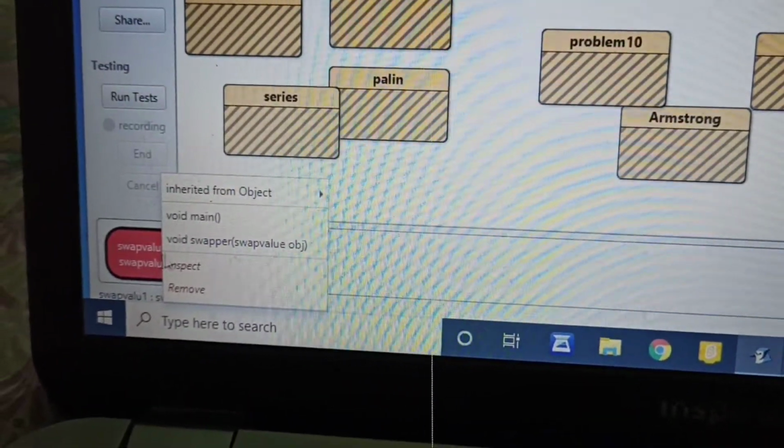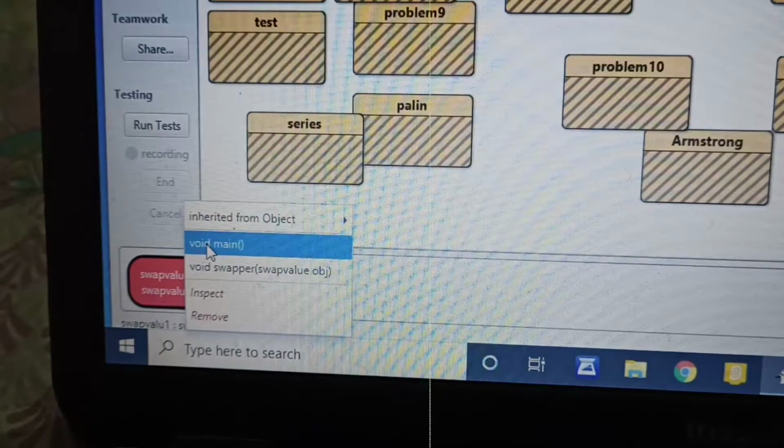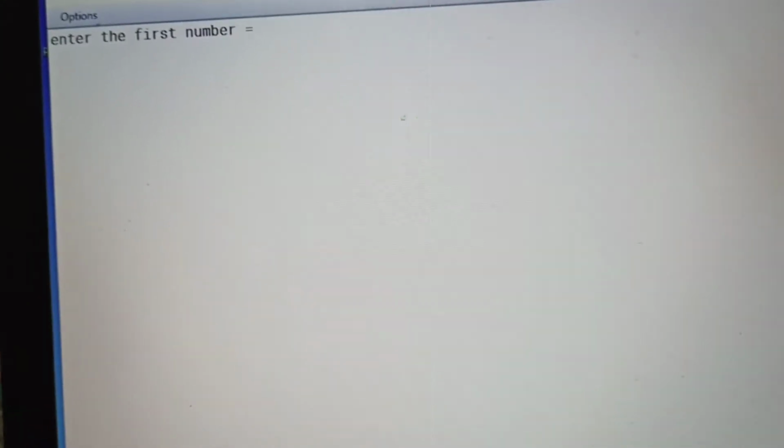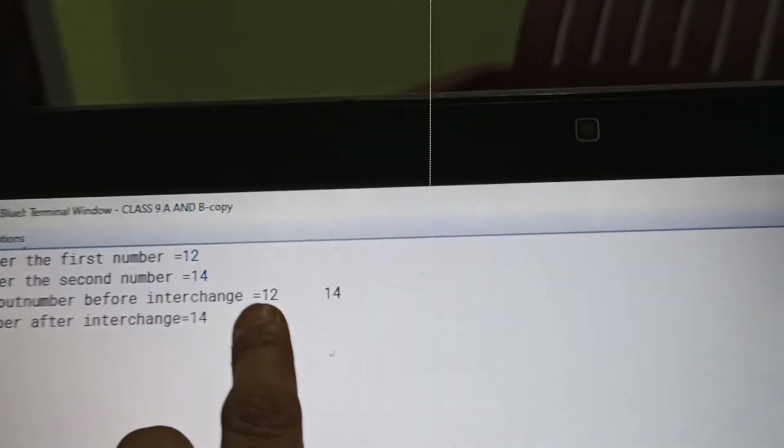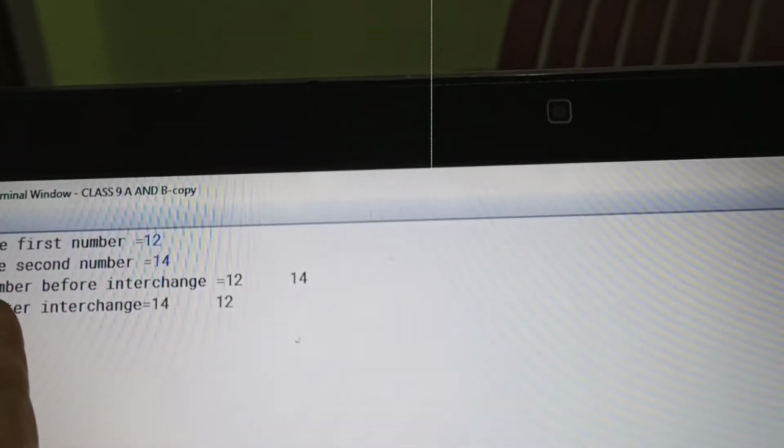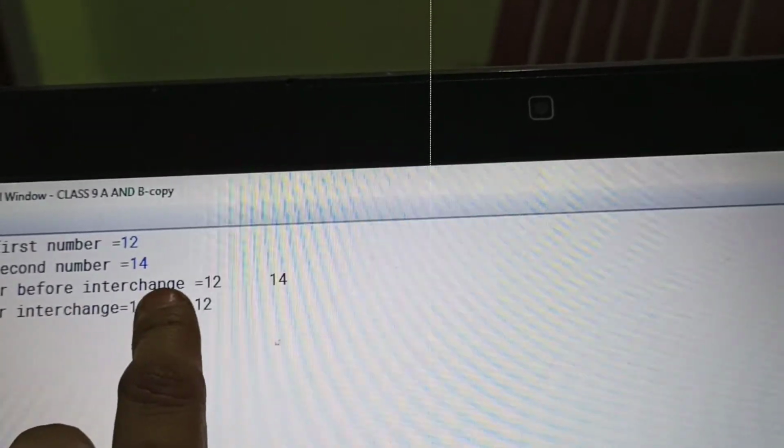One more thing: with the main class you can also call it. Enter the first number, then if I enter 12 from here, and 14 over here for the second number, you can see it shows the output: number before interchange, and after interchange.